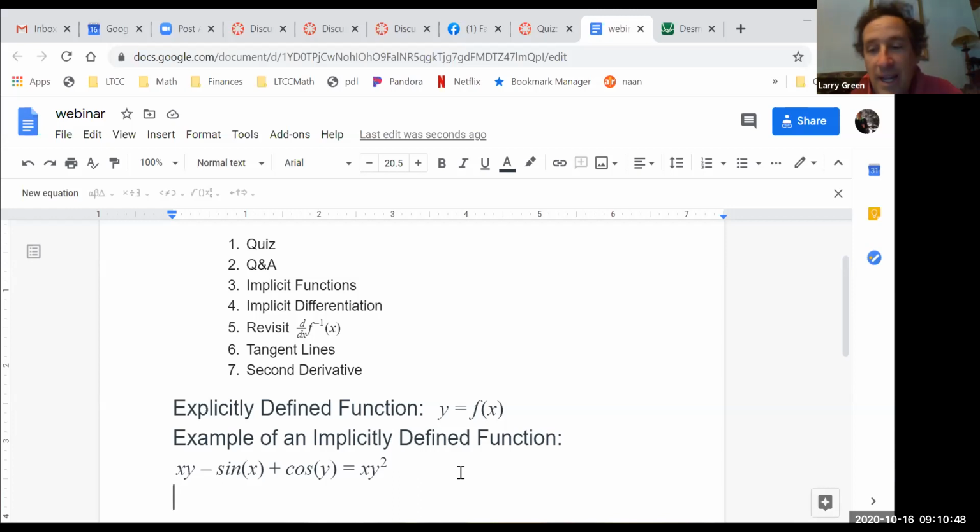Okay, or maybe you're lazy. In this case, the algebra is too hard. Sometimes it's just laziness. And laziness is okay sometimes too. Okay, so this is an example of an implicitly defined function, but